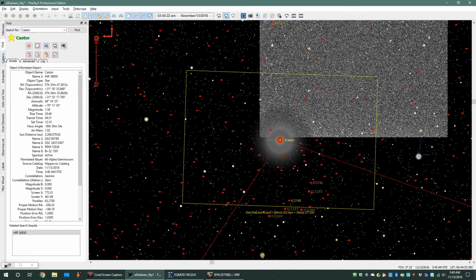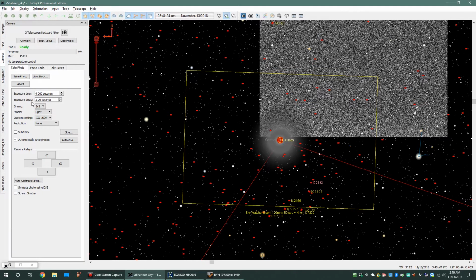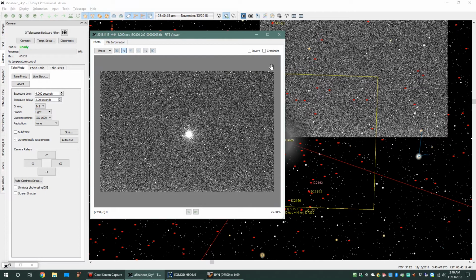Okay, now what we do at that point is take another picture just to make sure everything is whole. Okay, that it really is pointing there at Castor. And then once we've satisfied ourselves of that, we can go ahead and do a focusing run. Now I actually could simply pull up, and there it is, pretty well centered, pretty well. Okay,